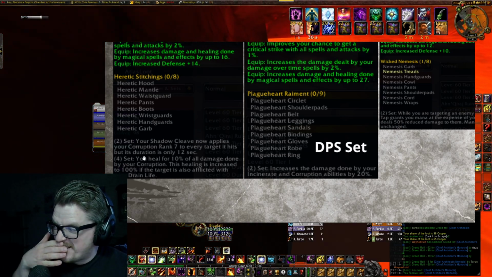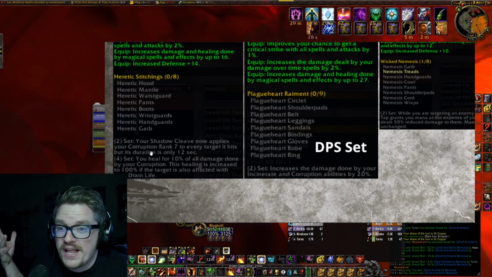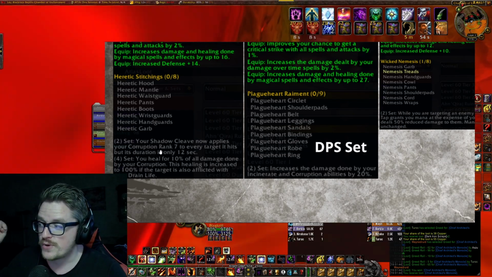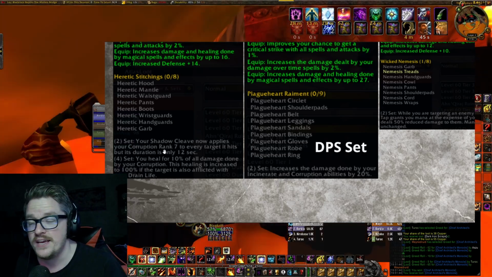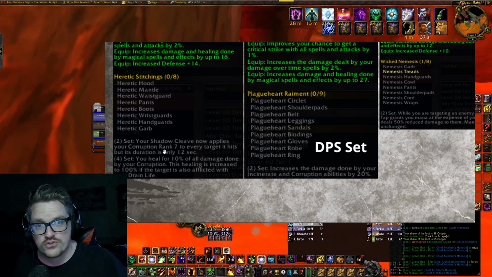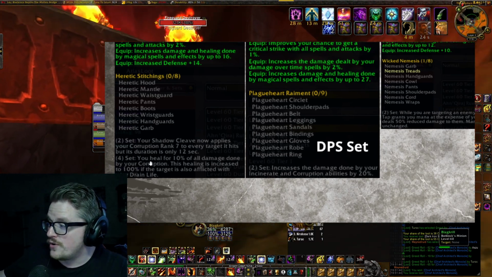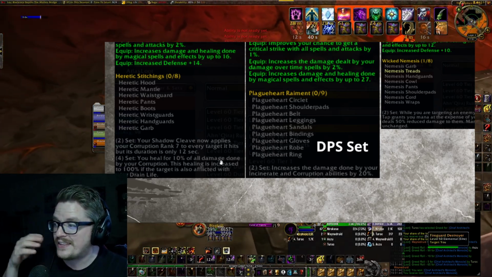And if we read over here, it says it applies the Corruption rank 7. So just by having this rank 7, all of those 10 that the Shadow Cleave is gonna apply, it's gonna be 20% stronger. And if you read over here, on the 4 set, you heal for 10% of all damage